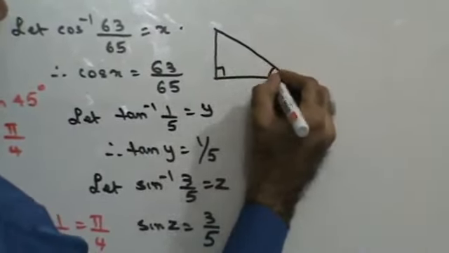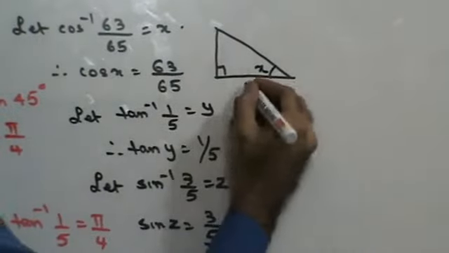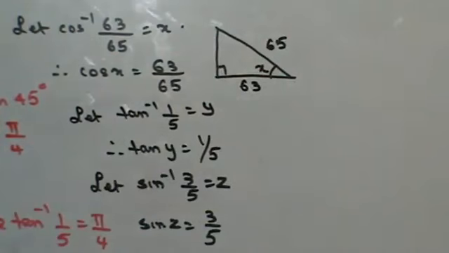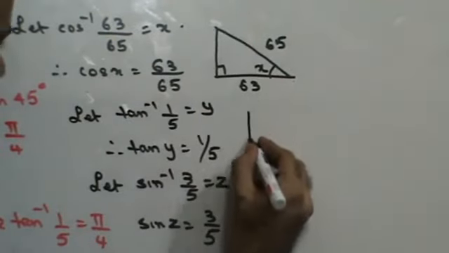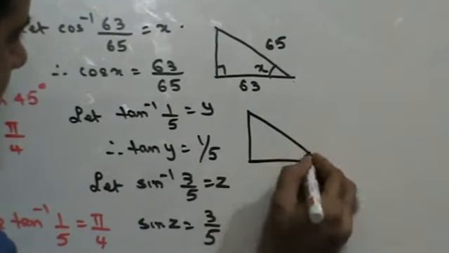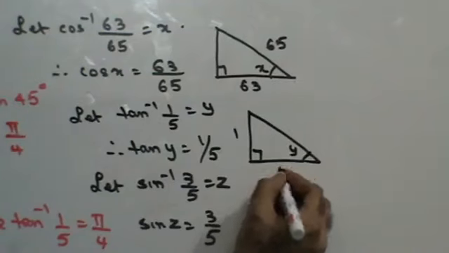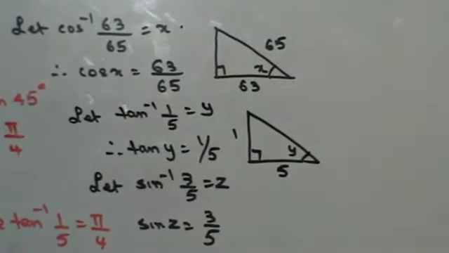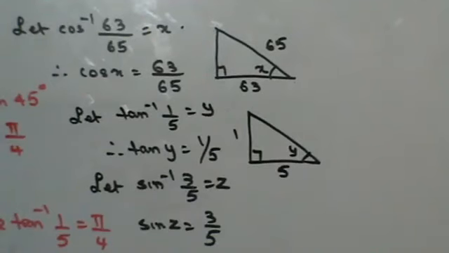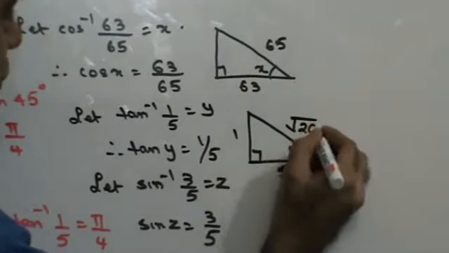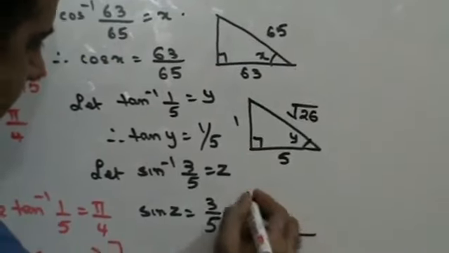Let's assume this angle is 90, this is x. Cos is adjacent upon hypotenuse, right? So in which case I should get this as... I'll just calculate this and give you. In the meantime, just let me draw the other triangle. This is going to be y, this is 90, so tan is opposite upon adjacent. So this is 5 fives are 25 plus 1, 26. So this is going to be root 26, and